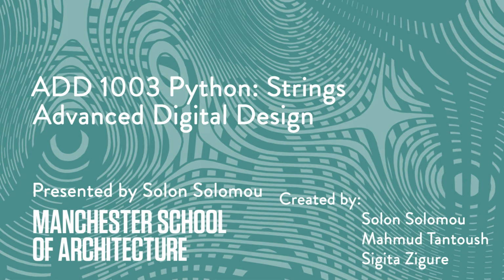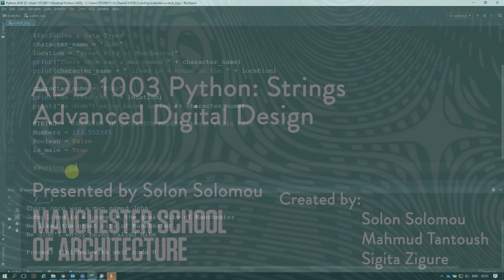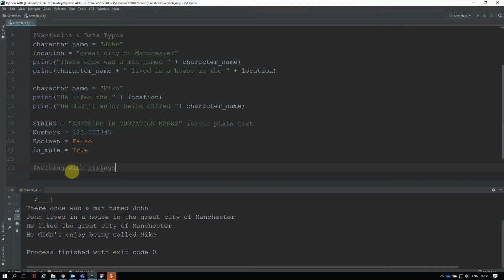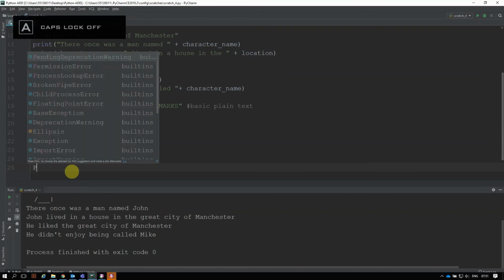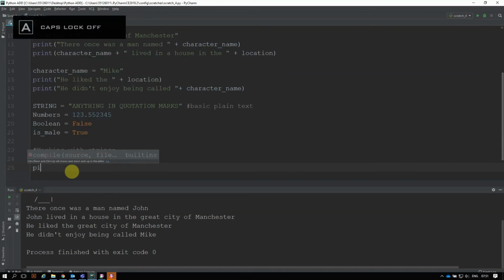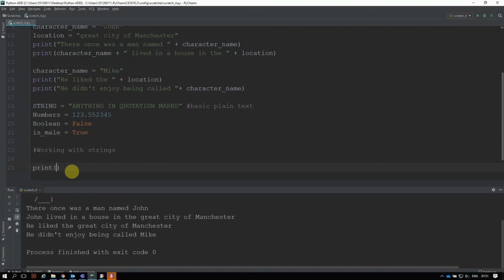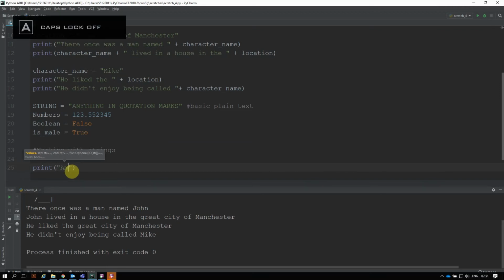So let's continue on with working with strings. Right, so strings are just plain text, so should be easy to work with, right? Well, maybe. So strings work with, as I said before, quotation marks like that. So we can say, oops, small letters, print, and we'll say American